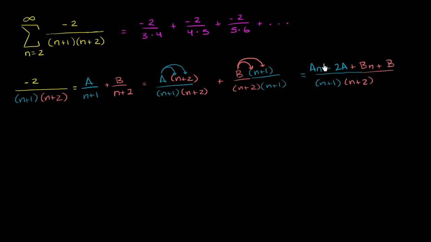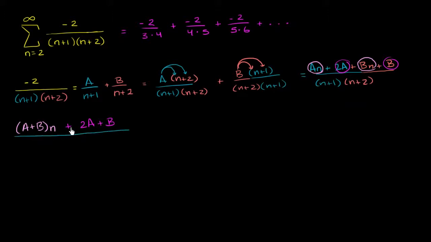Now what I'm going to do is rewrite this so I have all of the n terms. So for example, an plus bn, I could factor an n out, and I could rewrite that as a plus b times n, those two terms right over there. And then these two terms, the 2a plus b, I could just write like this, plus 2a plus b. And of course, all of that is over